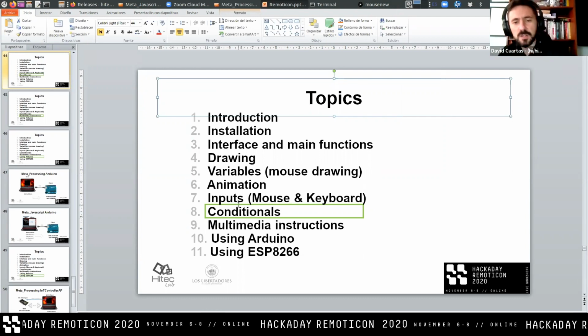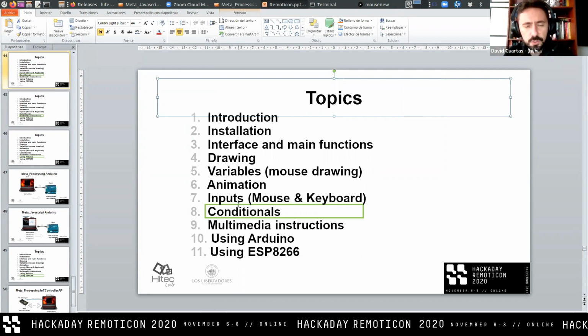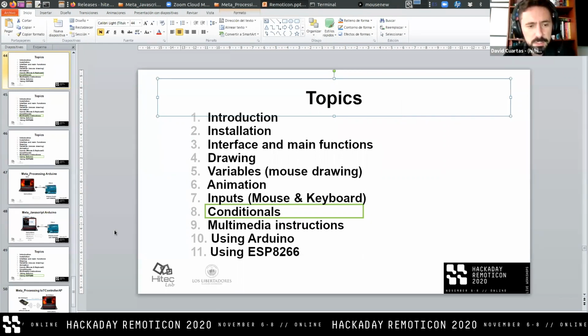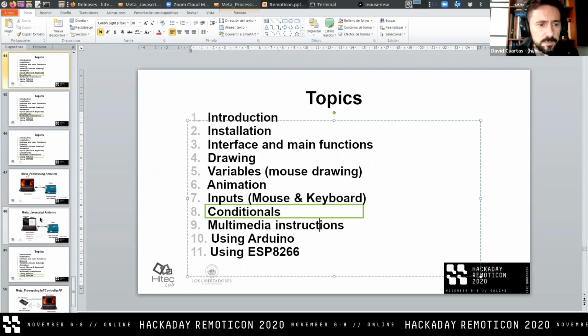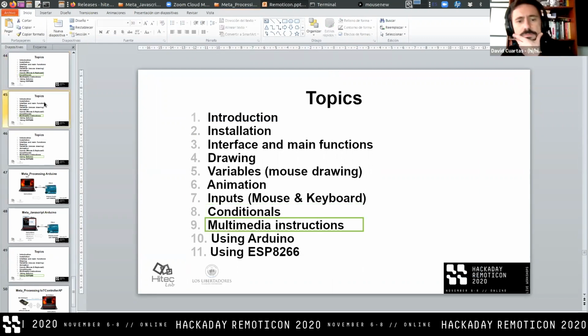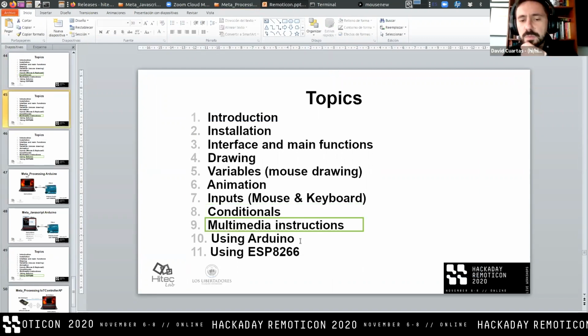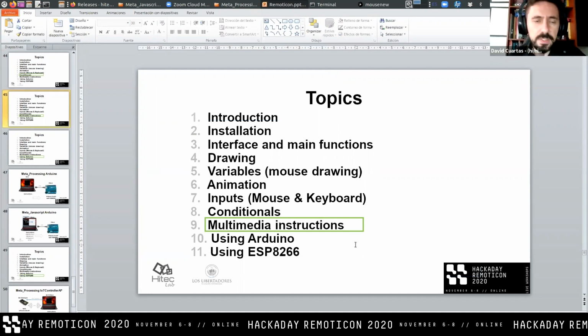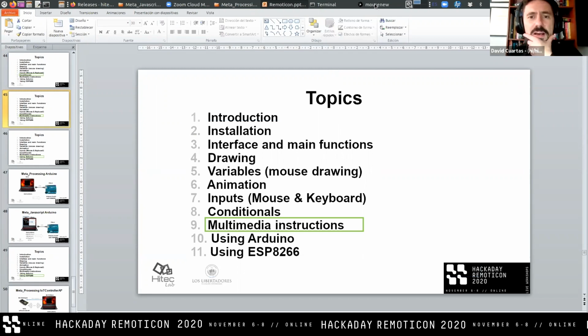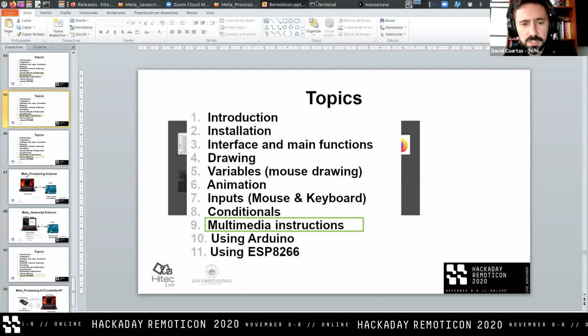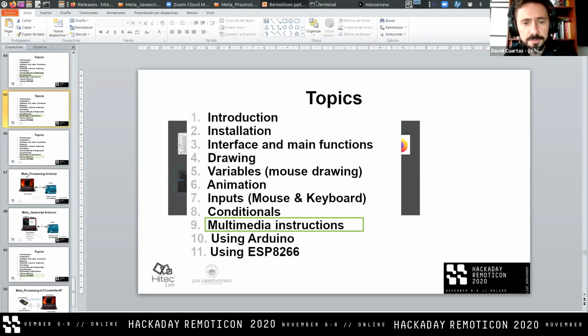How to use the mouse, how to use the keyword, how to use conditions. Now, the next topic: how to use multimedia instructions. So in the multimedia instructions that we have here in processing, the meta processing,